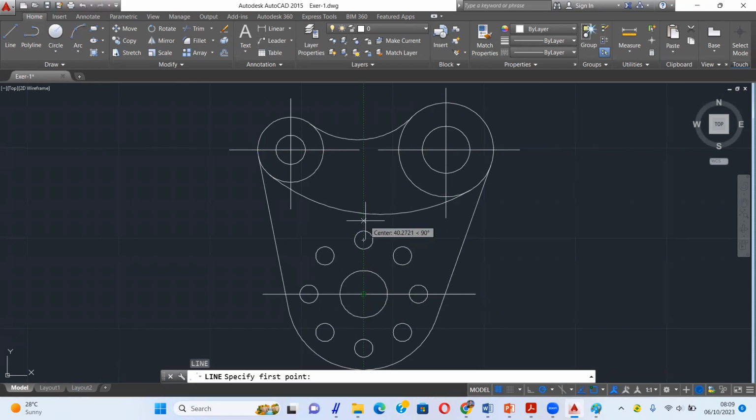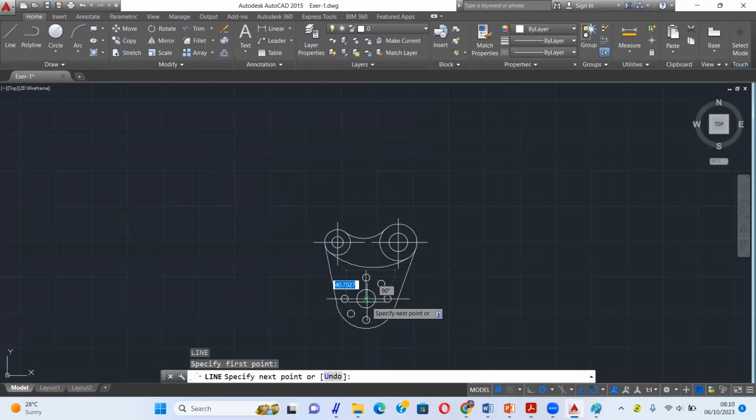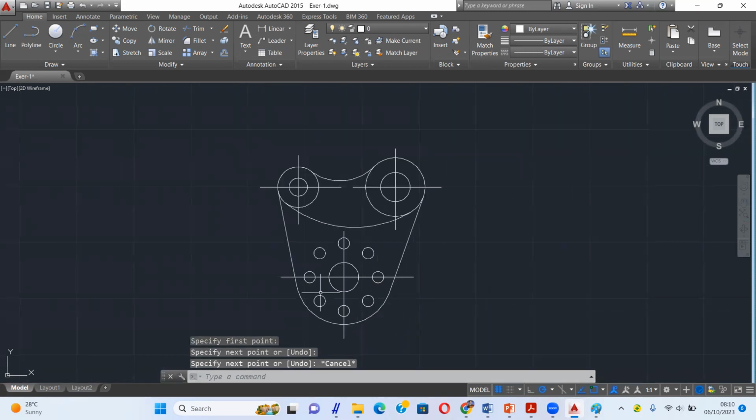And also from here to here. Okay, after this you can change these lines to become center lines.